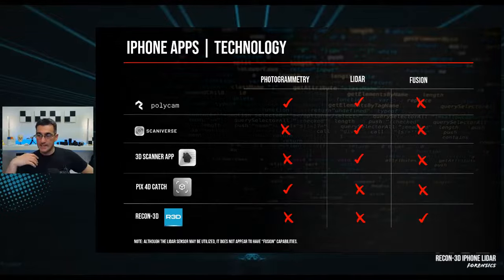Okay, so in the future, there could be some opportunities for doing other things like textured meshes or whatever, but the focus of Recon-3D is on point cloud data that's accurate and clean. And so that's the starting point. So, I don't want to jump ahead too far and start doing all kinds of textured mesh things or whatever,